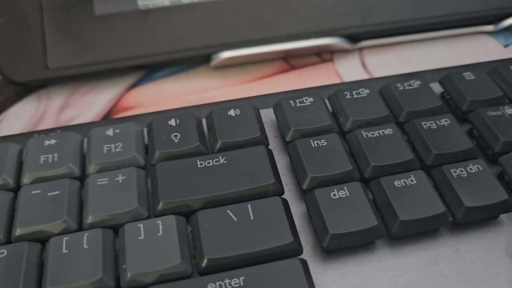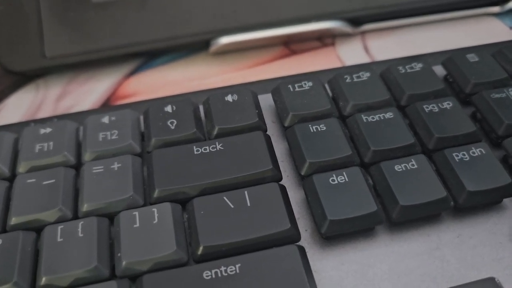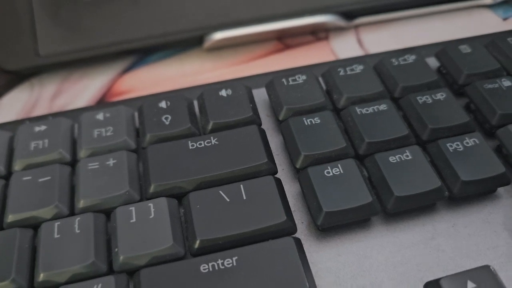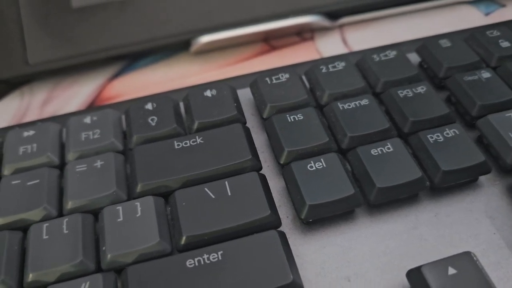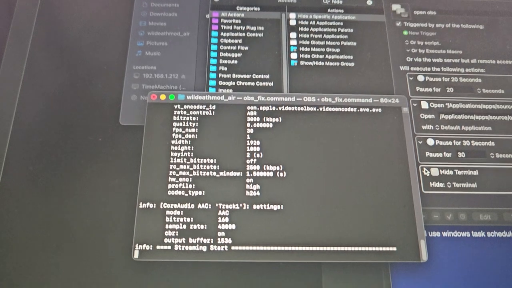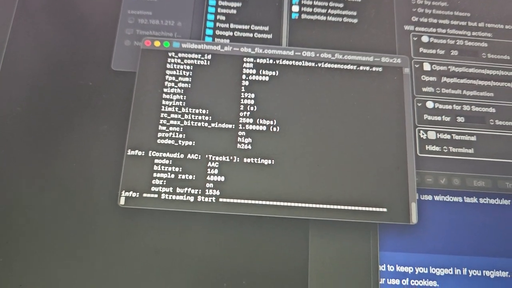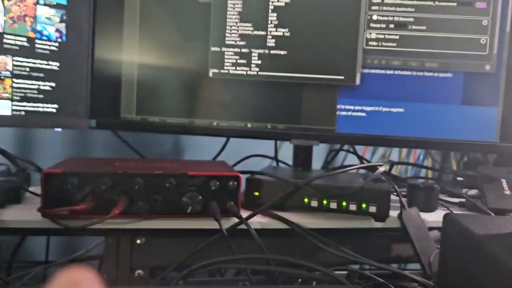There you go. And now, there we go. And so now after 30 seconds, this will hide. I might just put this to 10 seconds, but no, that has to be at 20,